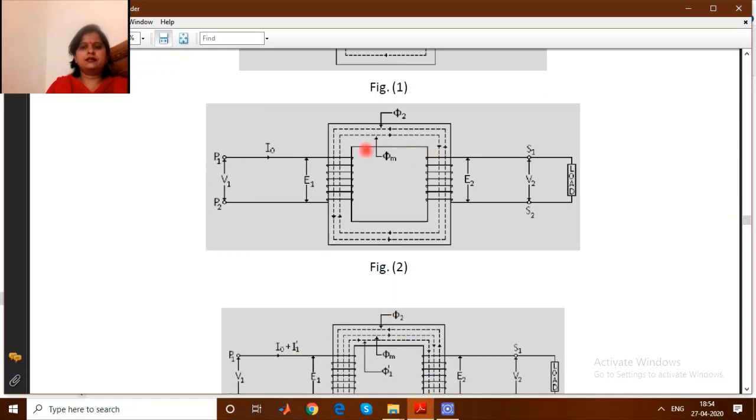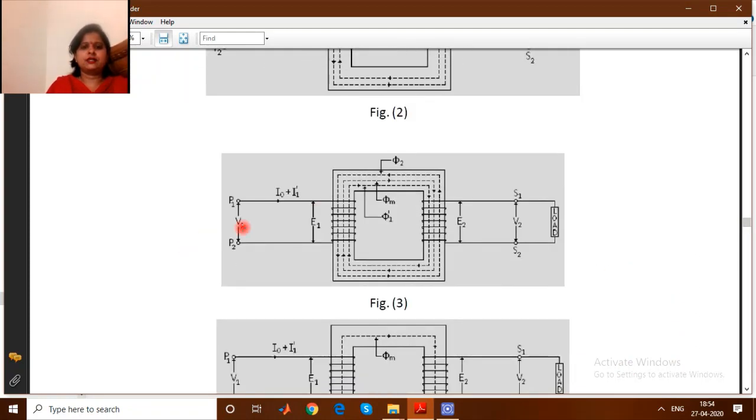So initially when there was no load, the primary current was I0. Now the current must be I0 plus I1 dash. The value of this I1 dash must be such that the MMF, that is N1 I1 dash, should be